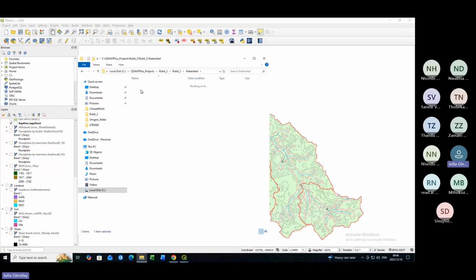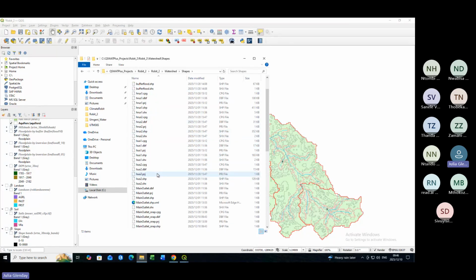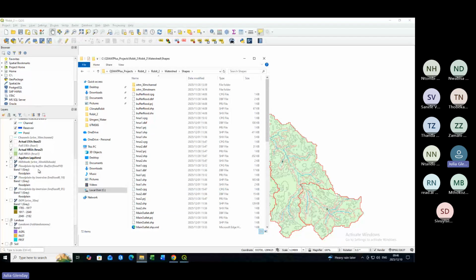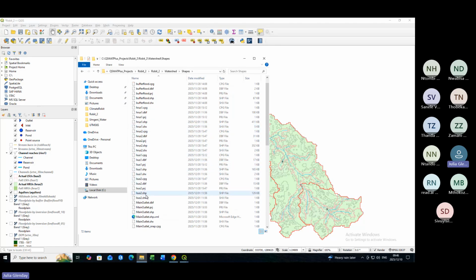In the shapes folder is where your streamlines are, your HRUs, and it has different versions of the HRUs, the full one and the actual one, because we did some lumping. And so it tells you the actual one is HRUs 2, and the full one is HRUs 1. So you'll see HRUs 1 here and HRUs 2. So when it runs the model, it'll use HRUs 2, the sizes and numbering of them and information about them that considers the lumping, the spatial lumping that we did. Similar for landscape units. And it's got, if you had reservoirs, this is an empty